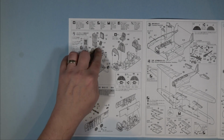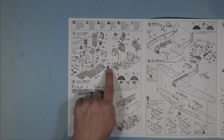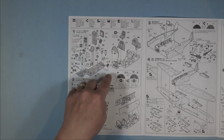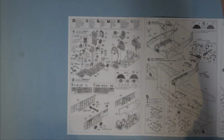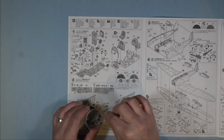Parts back here are glued on. This seat is glued on. The radio here and here, this little box, as well as the face. They're all different colors, so I'm going to paint them separately and glue them on later. The seat and the radio stack is assembled, and I'm going to be painting it separately and gluing it on